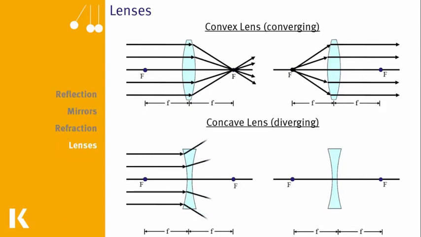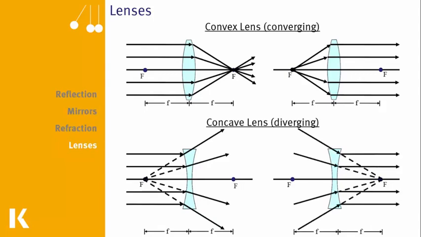The bottom left diagram shows that parallel light rays will be split apart once they pass through the lens, and the bottom right diagram shows the opposite effect. So, while these diagrams can look a bit confusing, the main takeaway here is that concave lenses cause light rays to diverge. Your college physics classes may have gone into further detail about the actual properties of the lenses themselves,